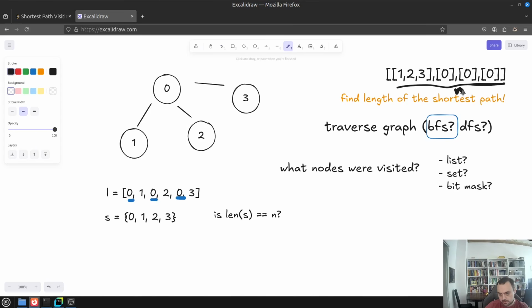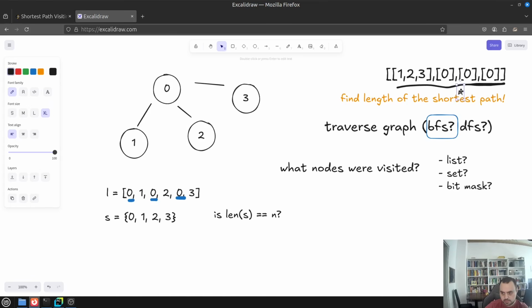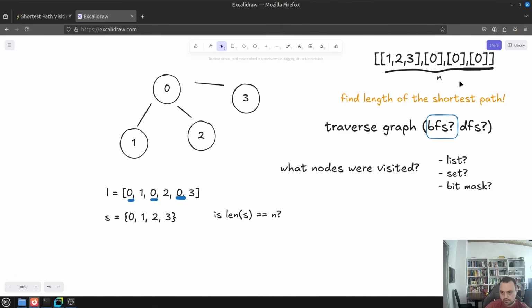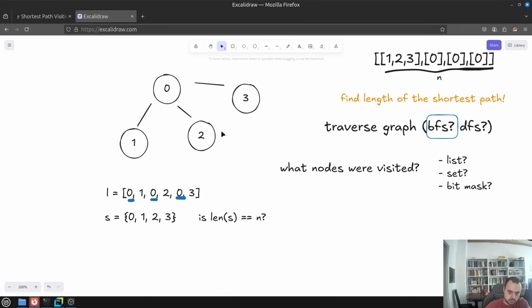So this is a set of length n. Let me move it a little bit above, so it's not too crowded. So the length of that is n. One way we could create a condition to terminate our traversal, our BFS, would be to check if the length is already n, and in that case we would know that we have visited every node. But there is even a better way. So we could use a